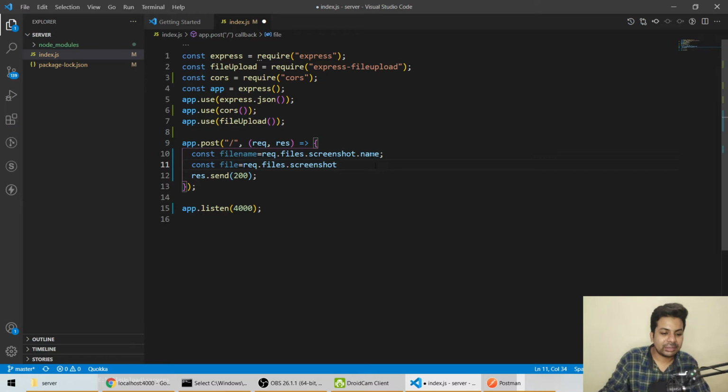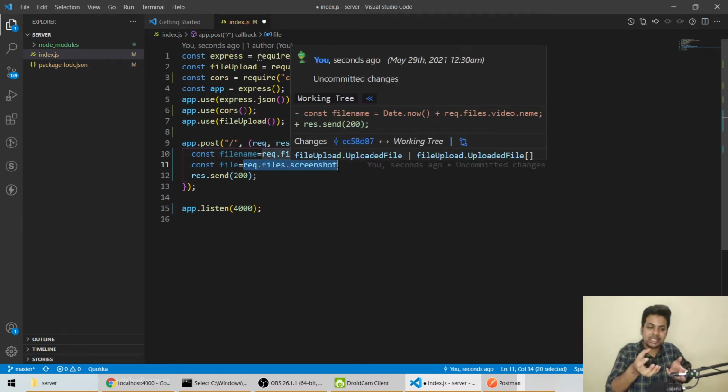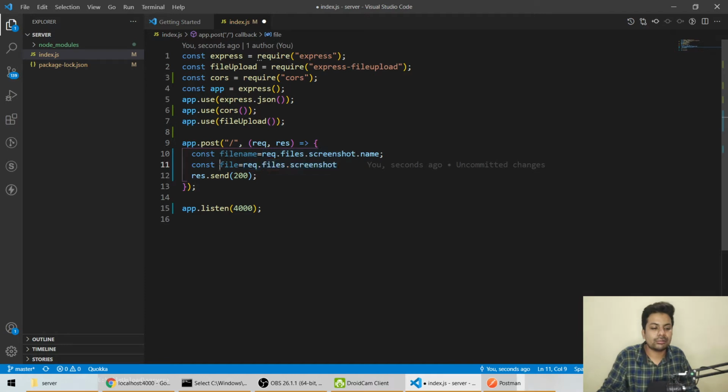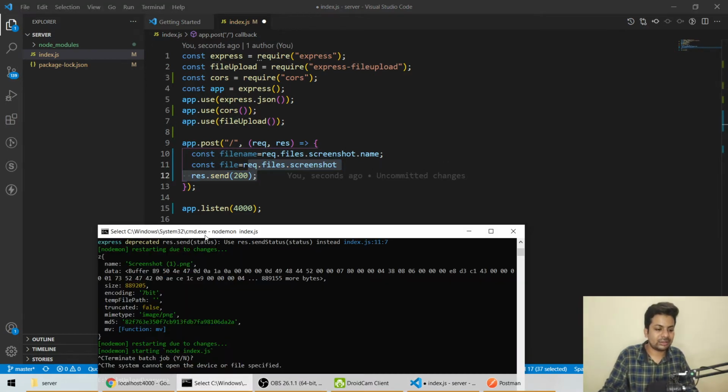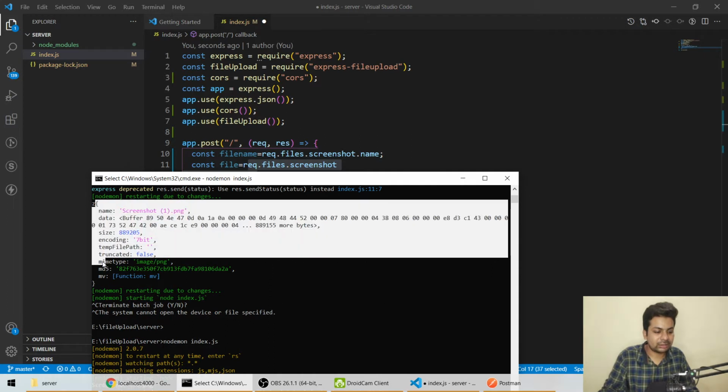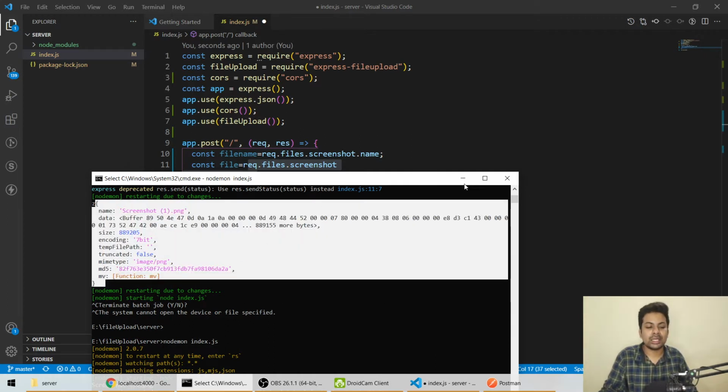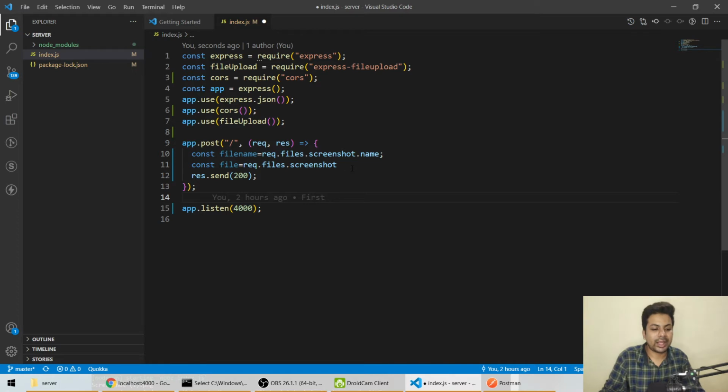So firstly I'm saving the name of the file in a fileName variable, and after that I'm saving the whole screenshot object in a variable called file. This is the whole object that I was printing before.